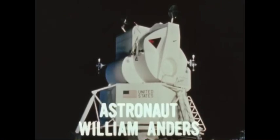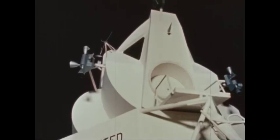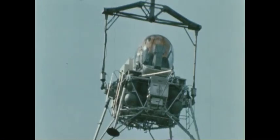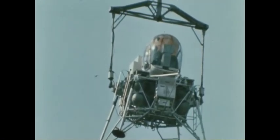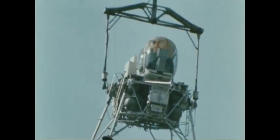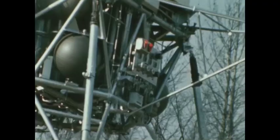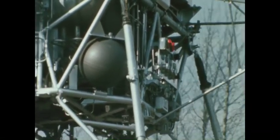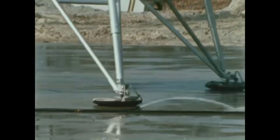LM is a vehicle that has been designed for a particular job, and that job is to land on the lunar surface. It doesn't look like an airplane or a spacecraft in the old sense. It's not smooth. It's very thin-skinned, has a descent propulsion stage, a large descent engine which will be used to land the vehicle on the lunar surface in a manner very similar to that of a helicopter, except that instead of using blades for lift, we'll be using a